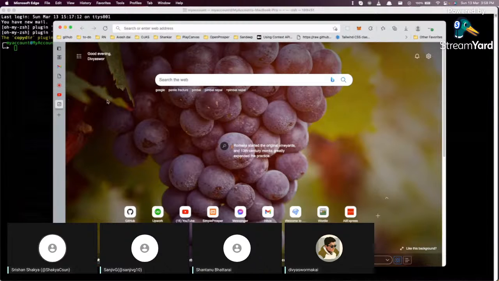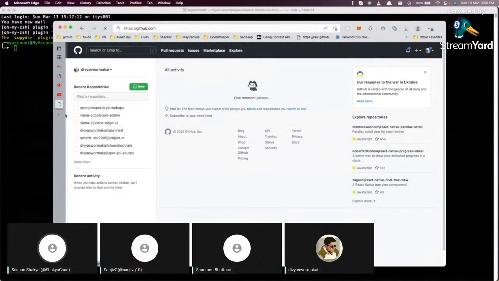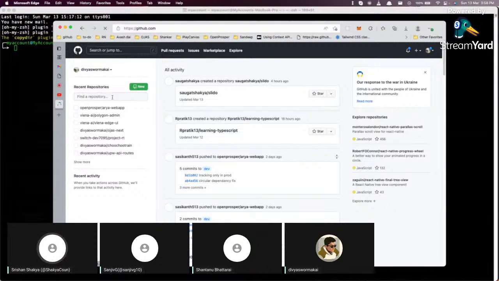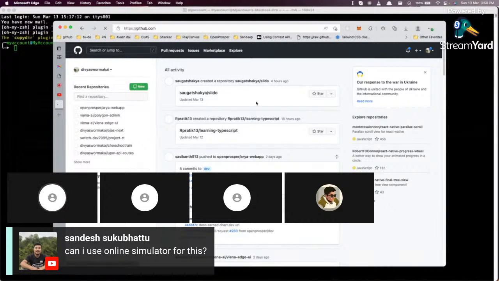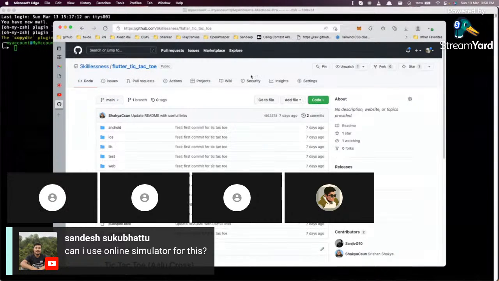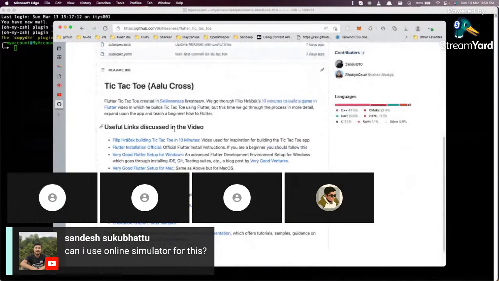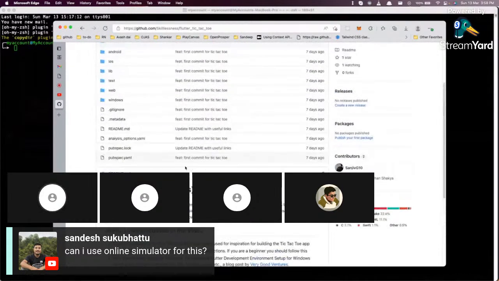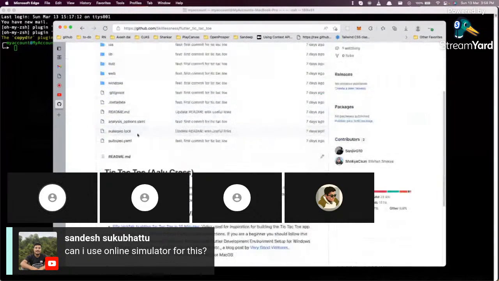Can I use an online simulator? You should be able to. Someone has asked a question. You could use dartpad.dev, but you won't have control over where to build and deploy the apps. It is the official Flutter and Dart playground.